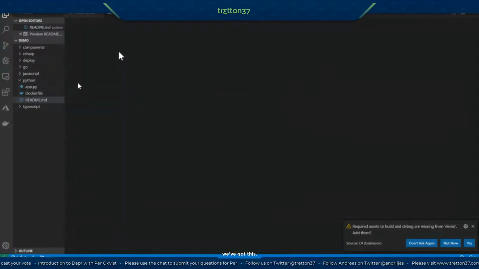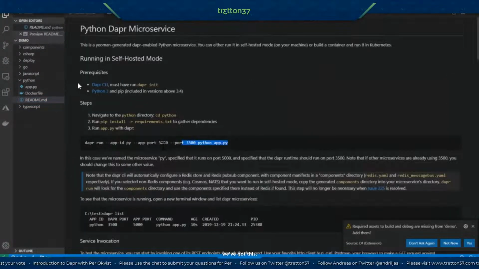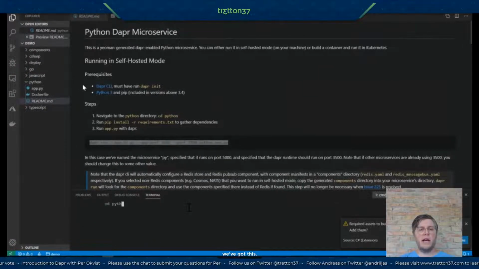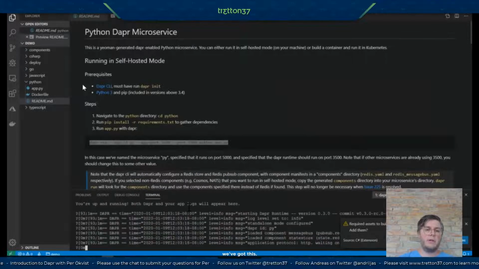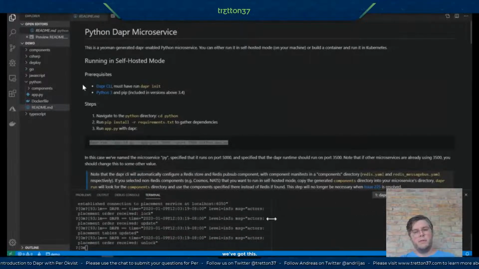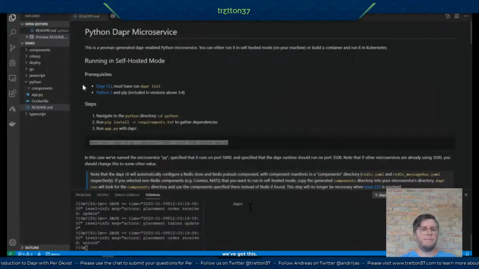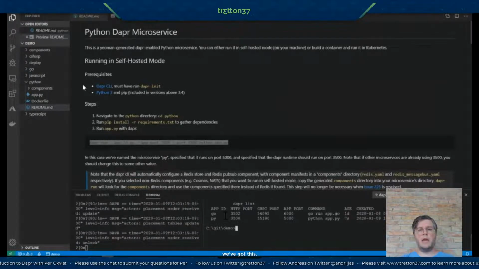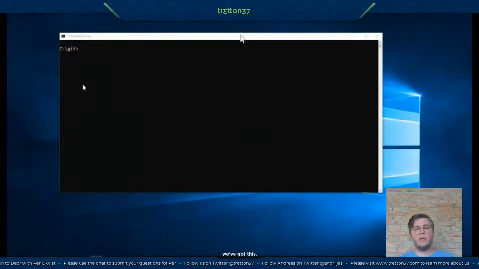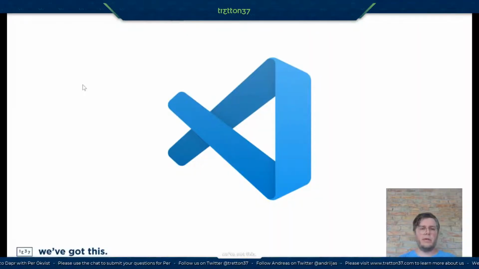And also, as you saw there briefly, it also generates a full README for each service, how to run the Dapr CLI using that service. And now, lastly, you see they use the CLI to list the applications. We have a Python application and a Go application.